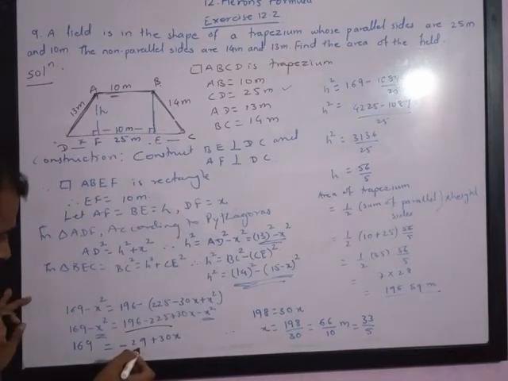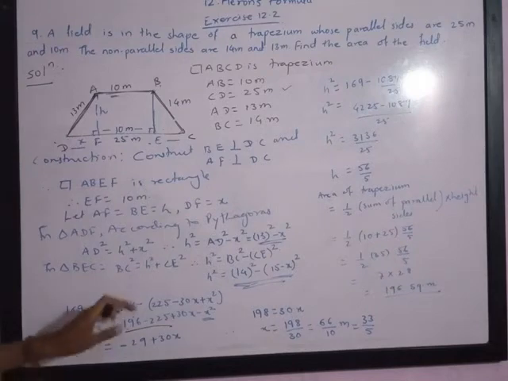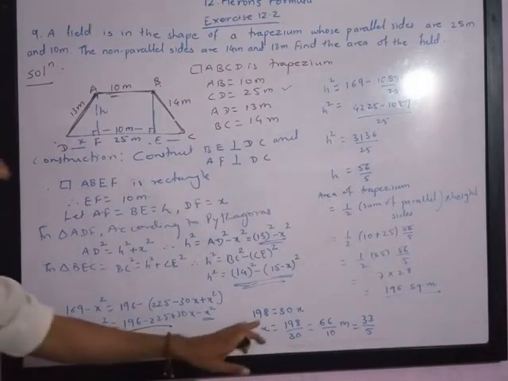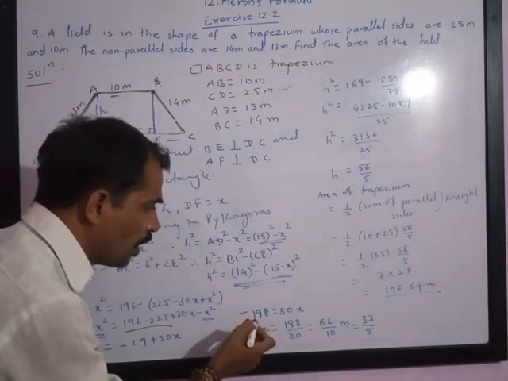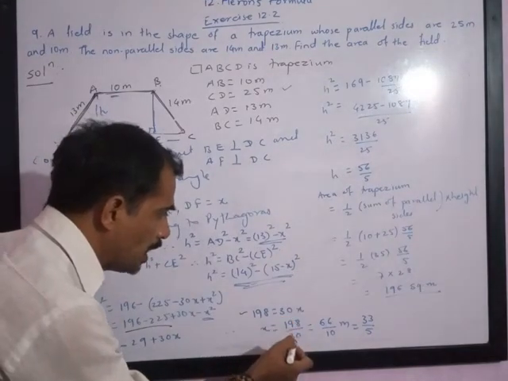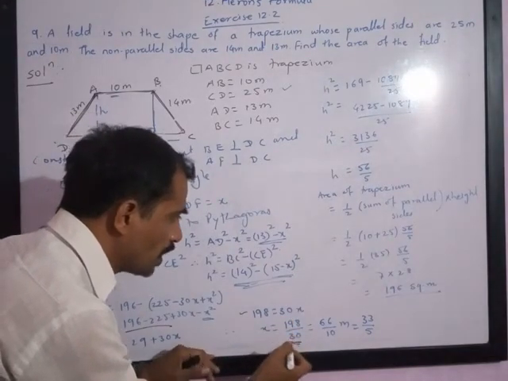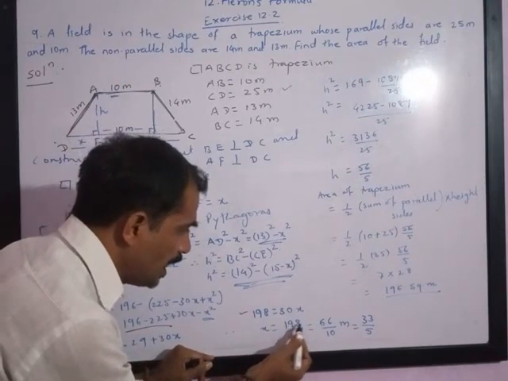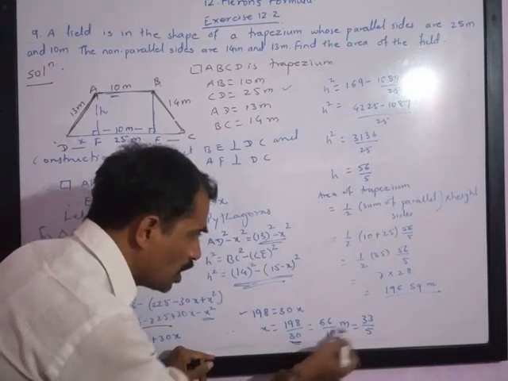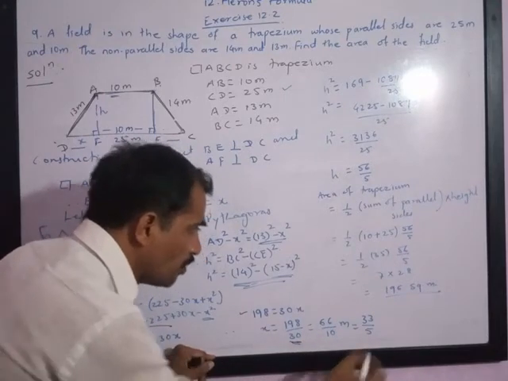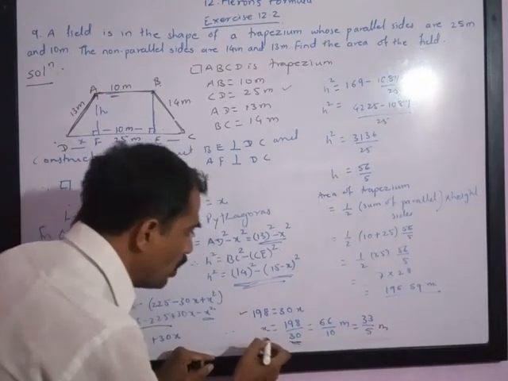Now if you take minus 29 and transpose to the left hand side, you will get 198. Now 198 is equal to 30x, it means 30x is equal to 198. So x is equal to 198 upon 30. If you solve it further, you will get 3 sixes are 18, 3 sixes are 18. Means it is 66 upon 10. This can be further solved as 33 upon 5 meters. So we have got the value of x.